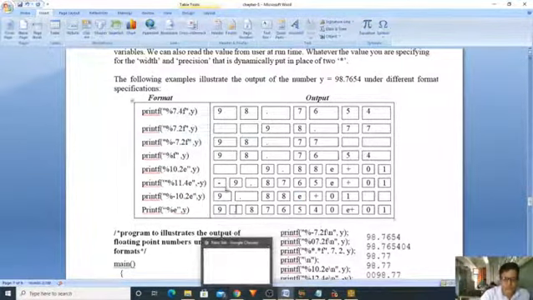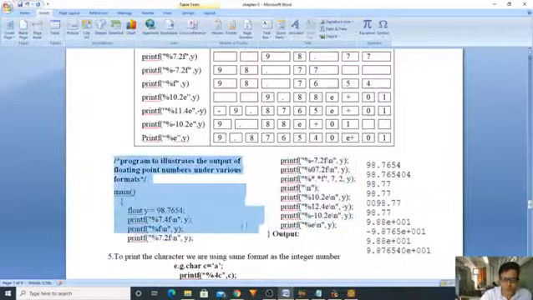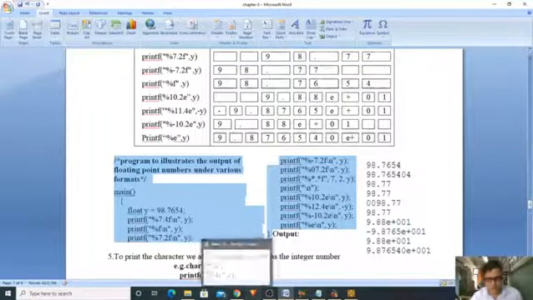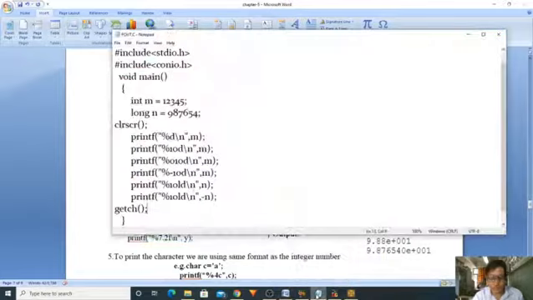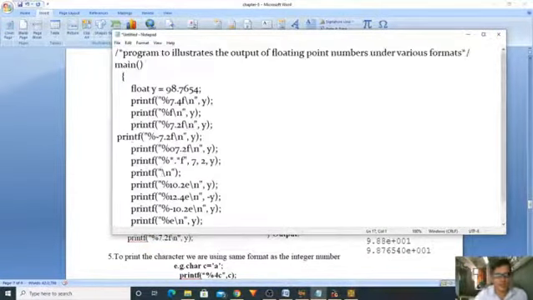Okay, yes. So here we have this same sample program. I will copy it and let me see whether it works or not. I'm copying, taking a new file, and pasting. What modifications do we have to make in this program?